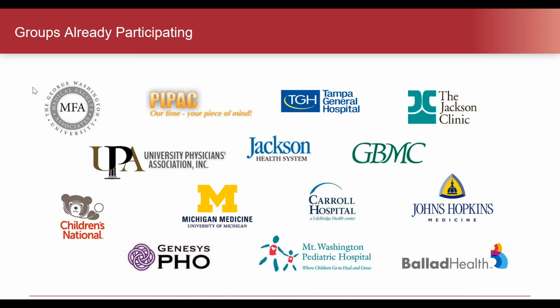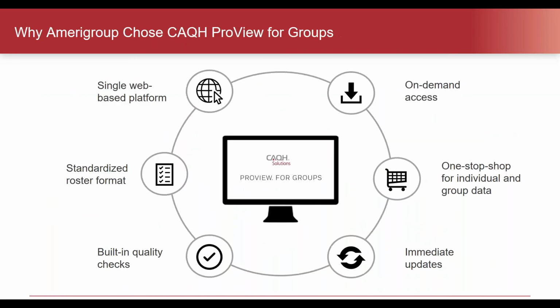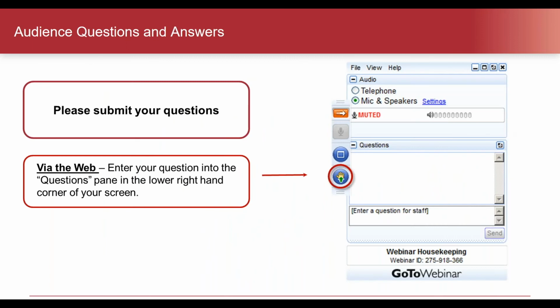Okay, great. Sarah, we had another question come in for you. Someone was asking if you can elaborate a bit on when you mentioned that incomplete information is received, and you said something about your team having to complete the roster and send it back. Yeah, that was for our previous process. When a delegate would submit us information and the data was incomplete, missing like a tax ID or an MPI, we would submit that roster back to them to get a new roster updated, but it's not the current process now with the CAQH ProView site.